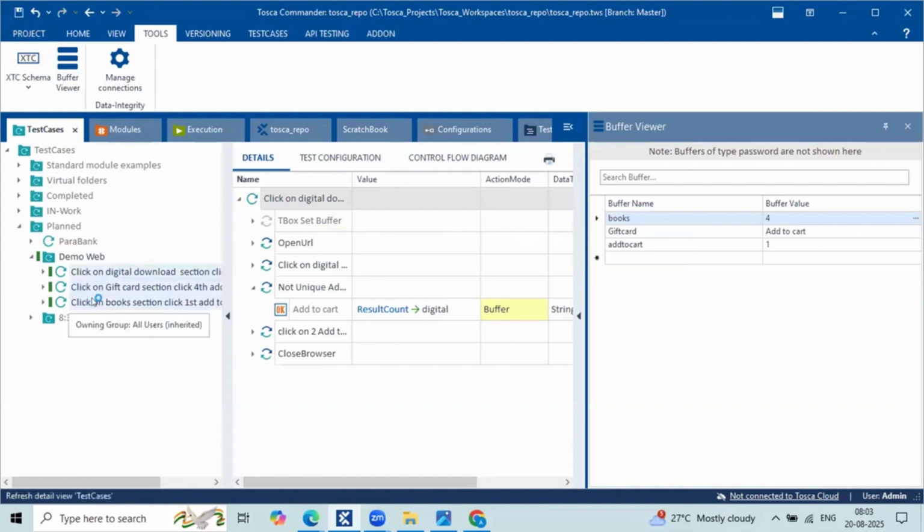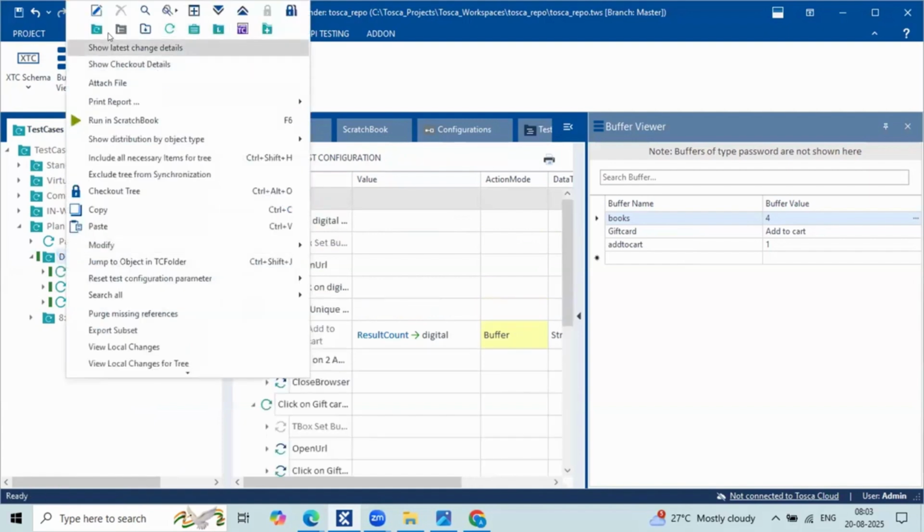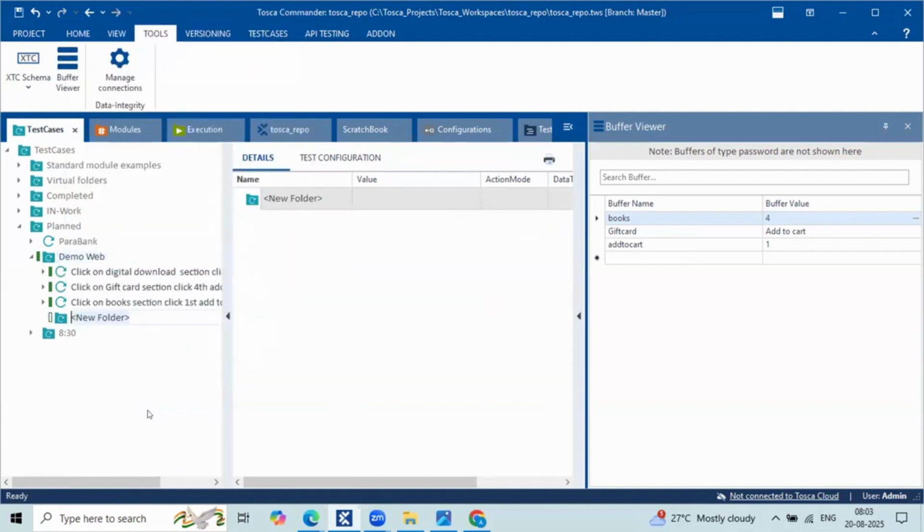I don't want to club these three things together. Let me make it as a different test case. So the above three scenarios we just achieved via constant index, right? The below three scenarios I'll explain to you via add to cart. I don't want to combine these two. Maybe you get confused here. That is the reason I'm just taking a copy to another folder.